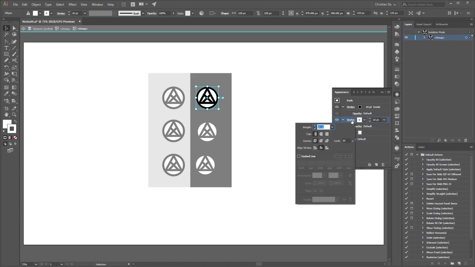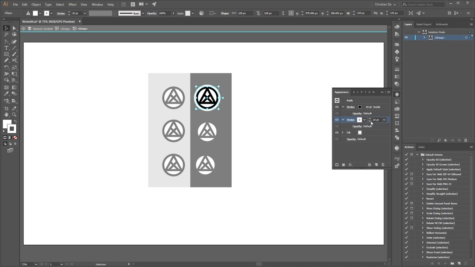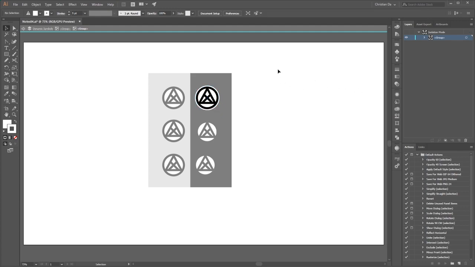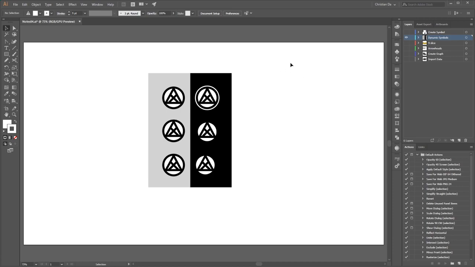I want to change the stroke to... well, we actually do it to outside. And instead of 10 points, I think we're going to do 5 points. Okay. And I'm just going to double click the artboard to get out of the isolation mode. So now this preserves a little bit more the original symbol, the look of it on a black background. The only problem is, if I go in,